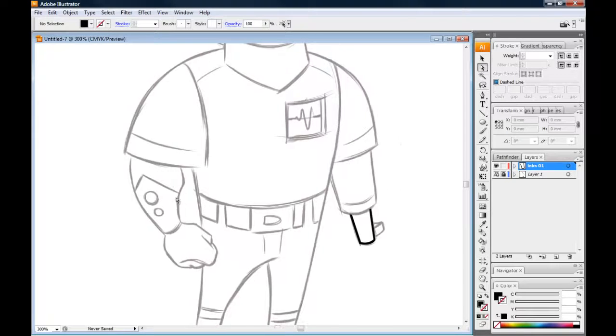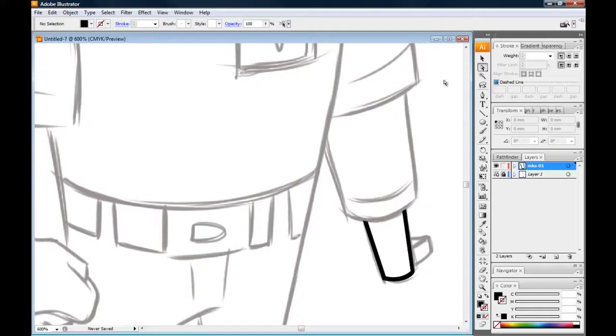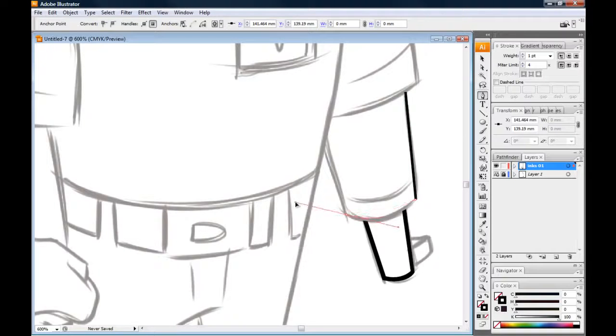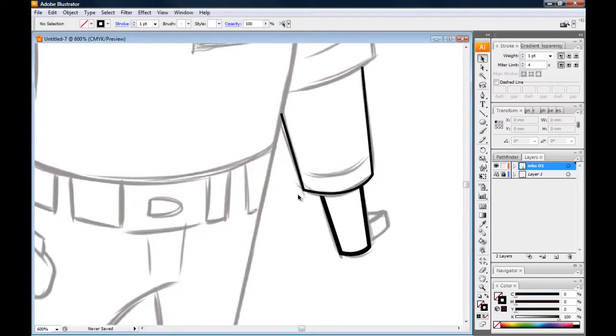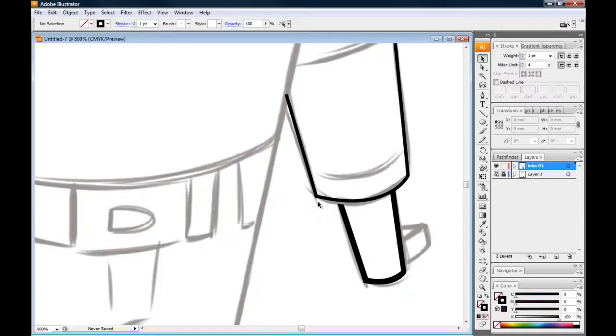Okay, let's show you another method using the pen tool. So select the pen tool, and now we're going to use a stroke, and we're going to pretty much do the same. Come up to about here. Now here you'll see we have a thinner line, and this here isn't matching, so I'm just going to grab the direct selection tool, bring this down,